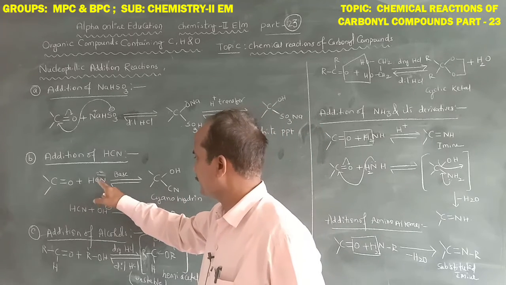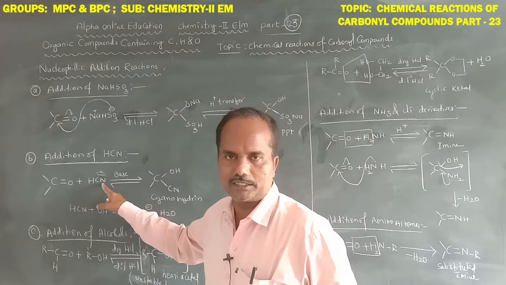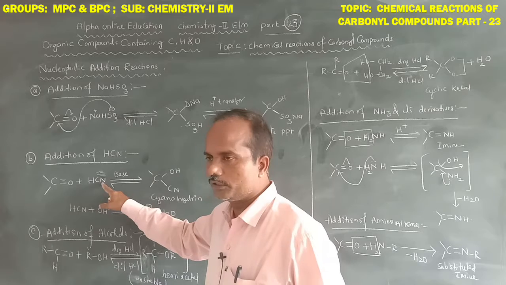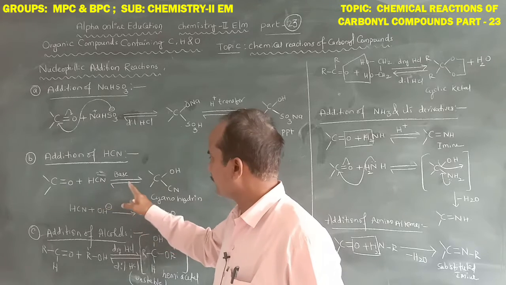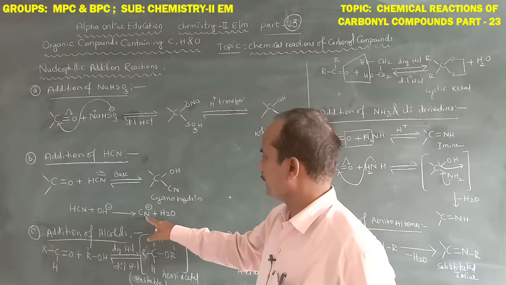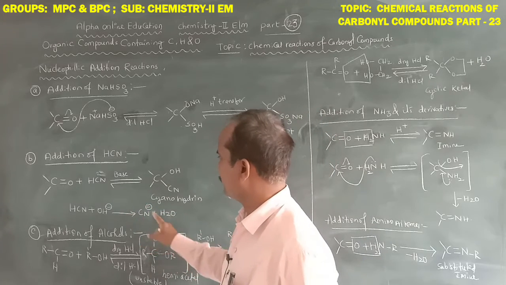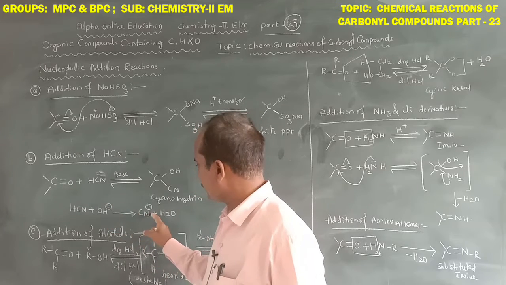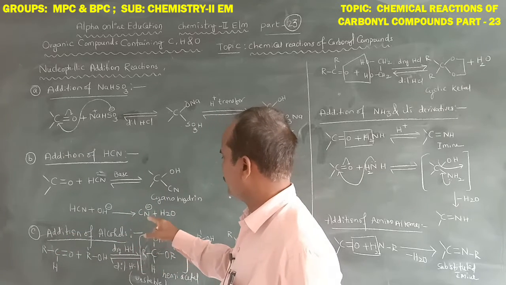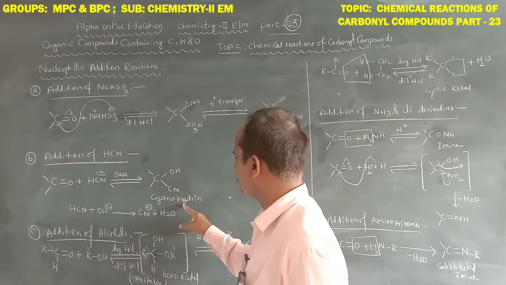in hydrogen cyanide, cyanide ion formation is difficult. In the absence of base, generation of cyanide ion, which acts as a nucleophile, is difficult, whereas in presence of basic media, hydrogen cyanide can generate the cyanide ion very fast. Then this cyanide ion acts as a nucleophile. The cyanide ion attacks the carbonyl carbon, whether it is aldehyde or ketone. After that a proton transfer takes place, then cyanohydrins are formed.